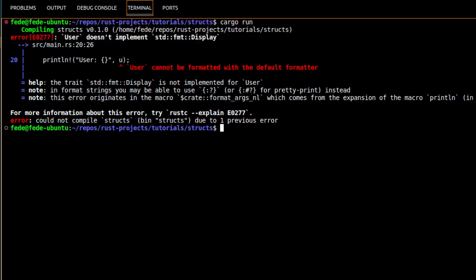So this is why we have this error. So if you want to print the struct all in one way just like that, the struct must implement the Display trait. If you don't know what I'm talking about, you can see my video on traits to understand what traits are. But in general, a quick way to work around this is to implement the Debug trait on the go. So we can just add this declaration here